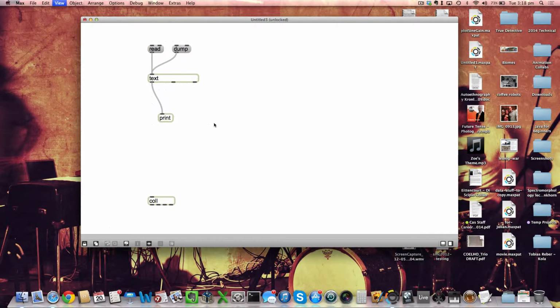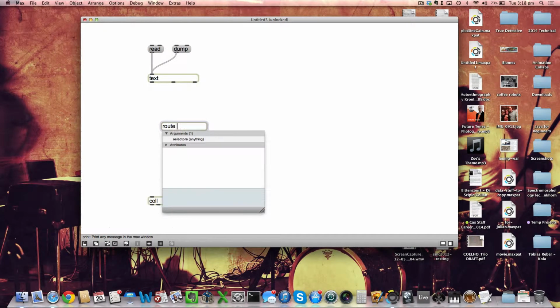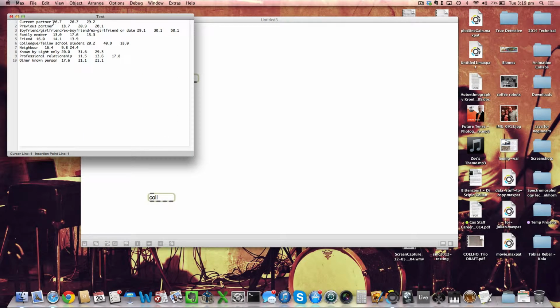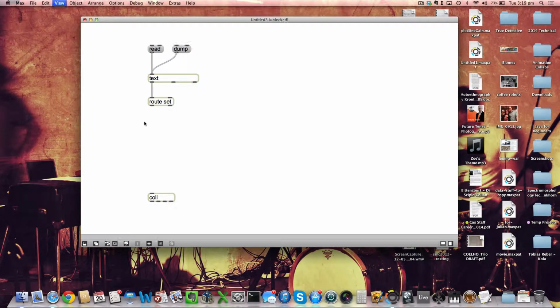So we don't need print anymore. I'll use route set, and then I can easily get that data out. Now, we remember from the coll last week, we needed to index each one of these data points. Now, we've got 3 columns, but we're indexing them by row, okay? In this case, what's different to last week is that our index is actually a word, it's a string, okay, or a symbol. So we need to be able to use that, and coll can use a symbol, which is